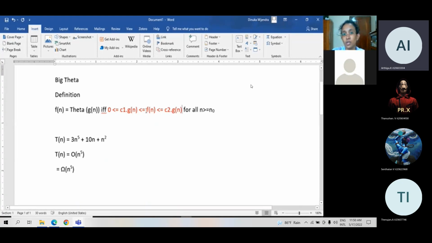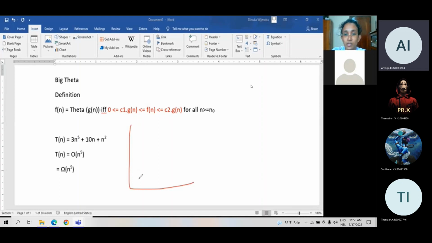Like this. Okay. One constant multiplication is lesser. Lesser means it's the lower limit. Another constant multiplication is greater. That is the upper limit. That's why I told you theta is talking about both the limits. Okay. If I quickly draw what I meant is,